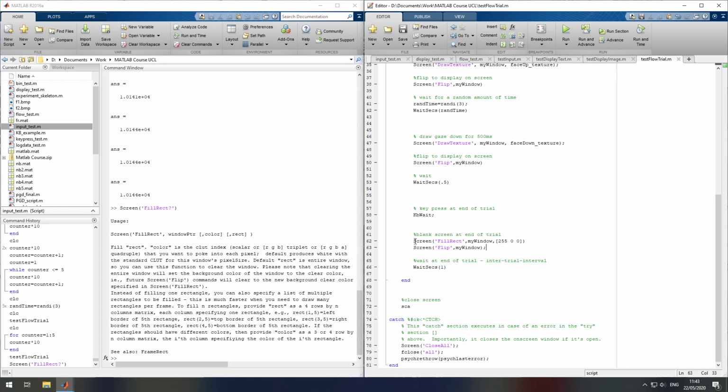Okay. So we're going to draw this rectangle. We're going to flip it, so we're going to be able to see it on the screen, and it's going to remain there for 1 second. Actually, you know what? Because it might be a bit jarring just to see this big, red thing on the screen, let's just make this gray. So instead of writing